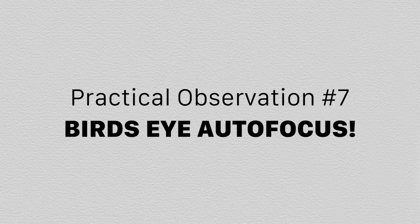And the other thing that they added that I thought was really cool was bird's eye autofocus. So before we had human eye and face autofocus, and we had animal eye and face autofocus, which I think worked for dogs and cats. But now we've actually got bird autofocus. Bird's eye autofocus, which is really cool, especially for a camera like this, because it's 50 megapixels, it's got a high burst rate, it's made for those kinds of situations,